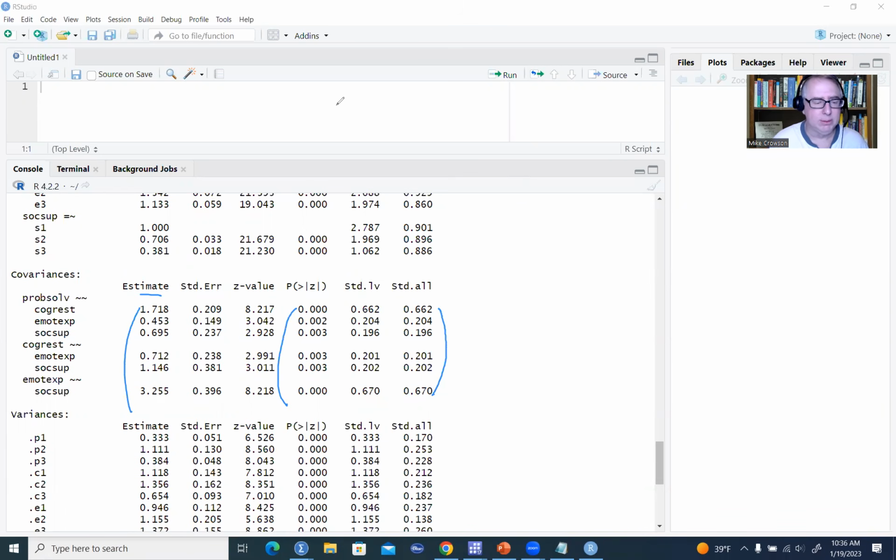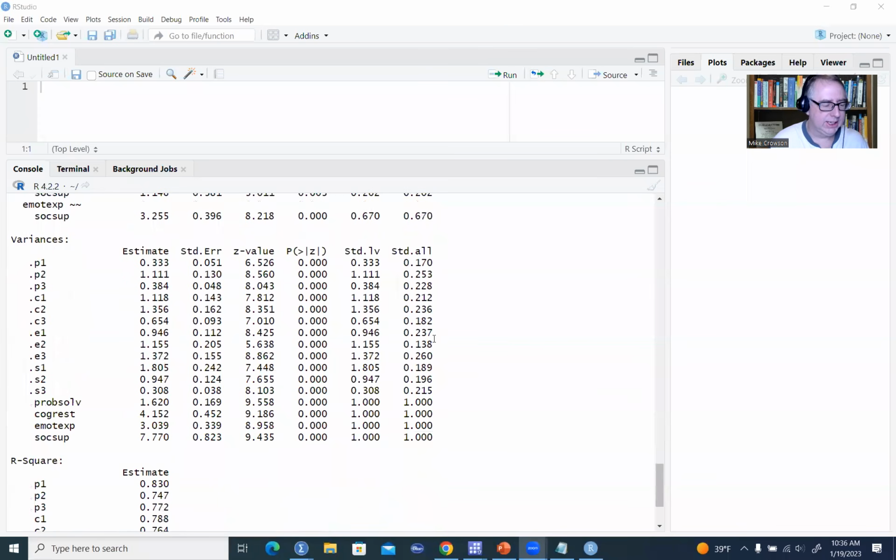When we scroll down a little bit further, you can also see we have variance estimates. Basically, we have measurement error variances, or the variances of the uniquenesses, for each of our indicator variables. These are all given all the way down here for each of those indicators. Then we've got the variances of the 4 first order factors, which are given right here. If we scroll down a little bit further,